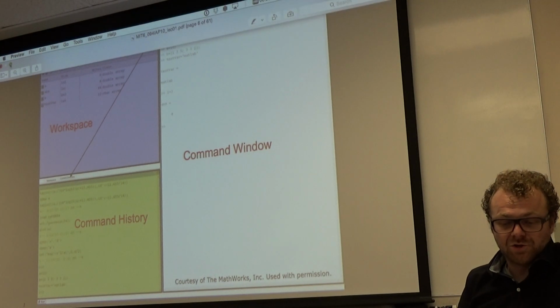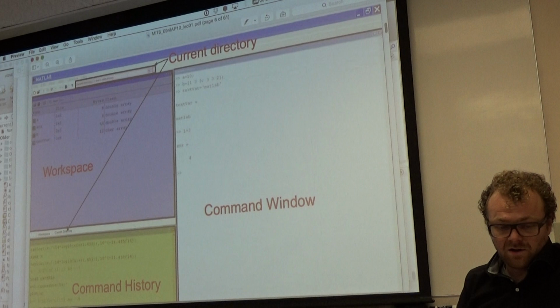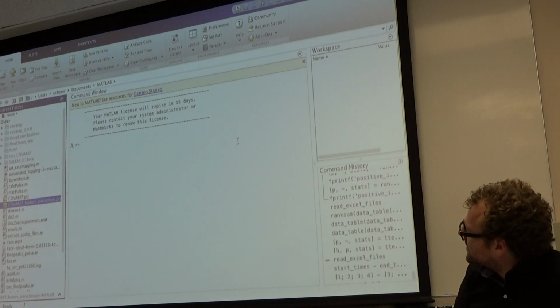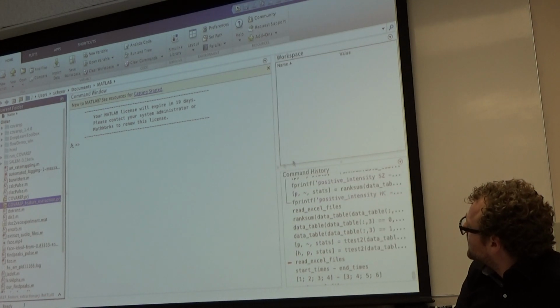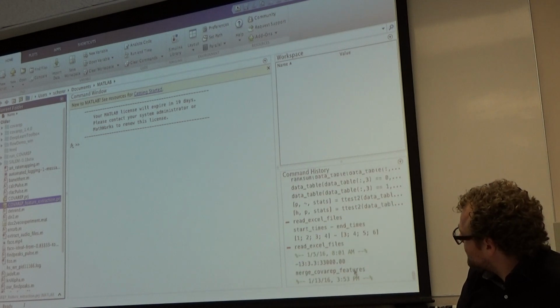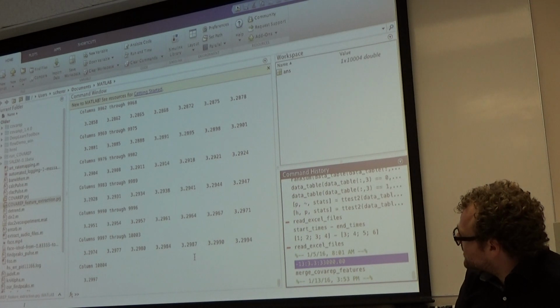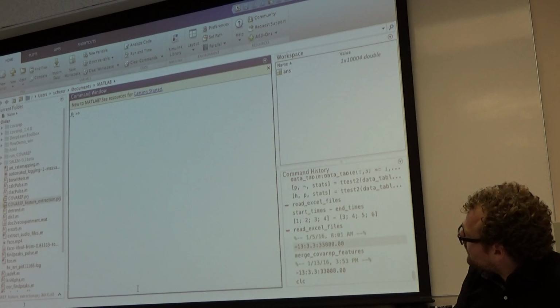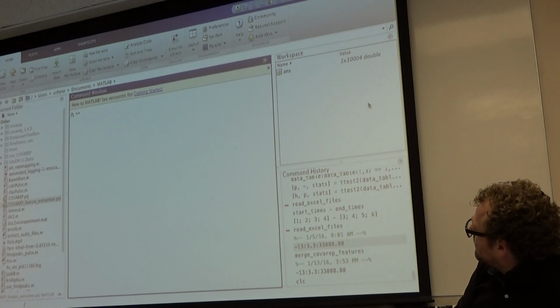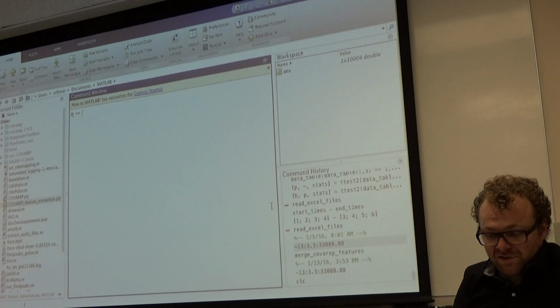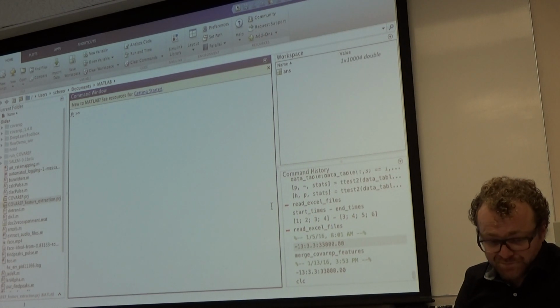I'm going to show you how this looks on a Mac. This is a more recent version. So this is my workspace. This is my command history. You see all the fun stuff that I'm doing here. I'm creating sequences of numbers. This is my file directory, and this is how my Matlab looks. I can do funny stuff like, I don't know, let's say